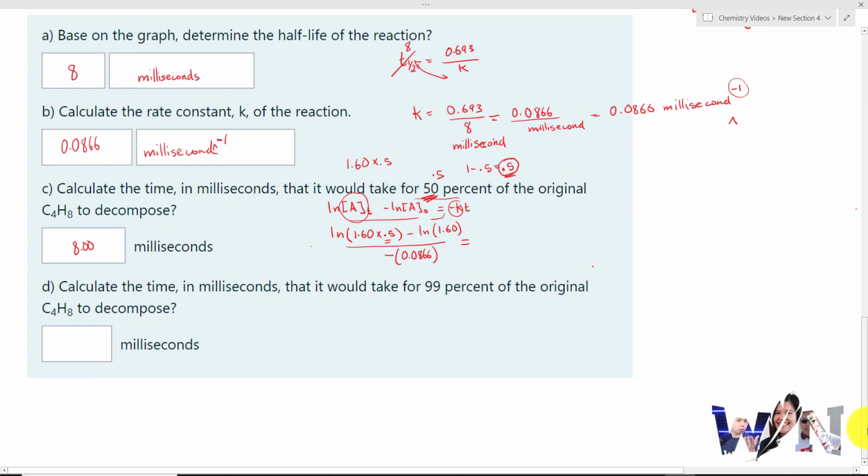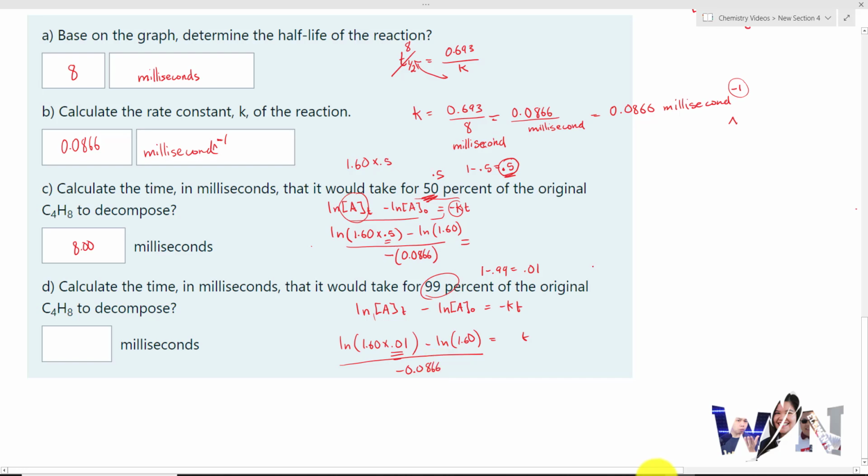But what if it's not on the graph? Like in this case, how long would it take for 99%? Well, 99% used up. So 1 minus 0.99 gives you what? 0.01. So I'm going to write this out again just to show you. Negative Kt. Okay. So again, the leftover is natural log of 1.6 times 0.01. See, we focus on the leftover at that time. Minus natural log of 1.60, that's where a lot of people get tricked, okay? Equals negative Kt. So I know what K is already. I can just divide it by negative